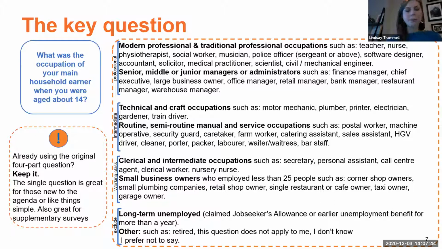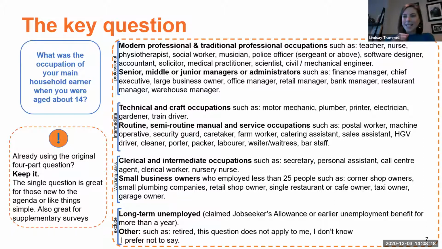Academic experts know that this most accurately predicts somebody's socioeconomic background. It is also simple. People are able to respond to it well. It gets pretty high response rates. It's internationally applicable. So if you have a workforce with quite a range of folks from international backgrounds, some of the other questions are quite UK specific. This, it doesn't matter. It also then allows you to group your workforce into more nuanced buckets.